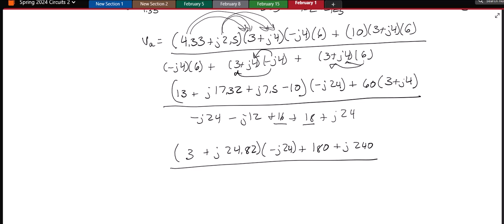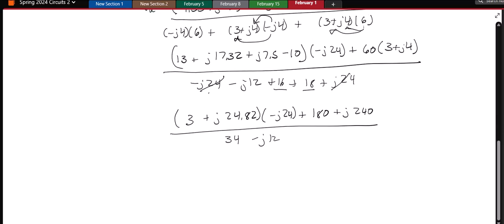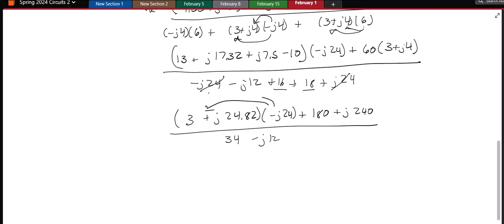16 plus 18 is 34. Minus 24, minus j24 plus j24, those cancel, and I'm left with minus j12. So I still have this minus j24 to distribute to these two terms. So minus j24 times 3 is minus j72. And then minus j24 times